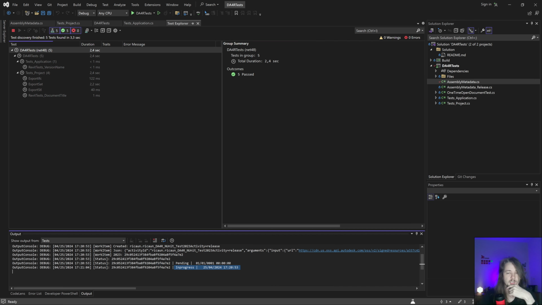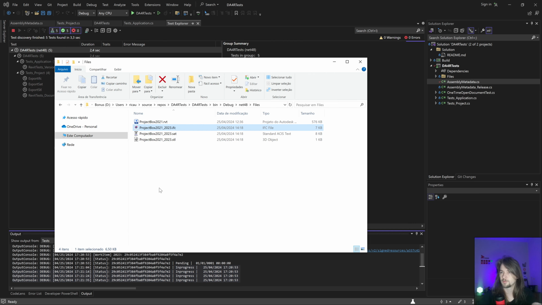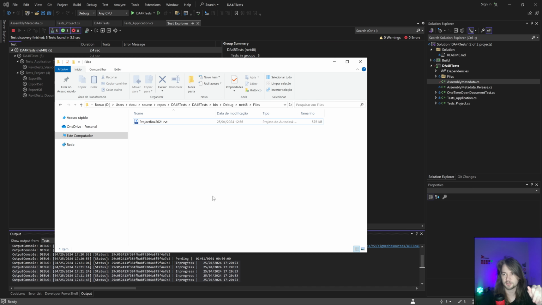It's already running in that test application, and it's going to show the results in here. The same thing is going to run in that, so you can look and see if everything passes in design automation or not. Let's wait for that to finish. Just a second, and I could delete this, I guess, just to show. That's going to create the three export files that came from Design Automation, when that finishes, of course.